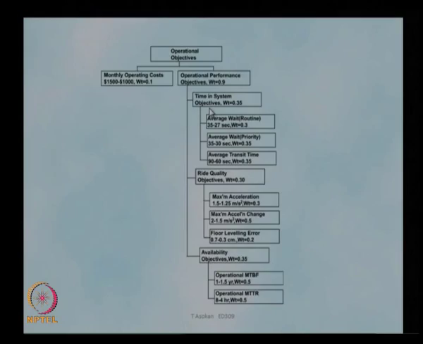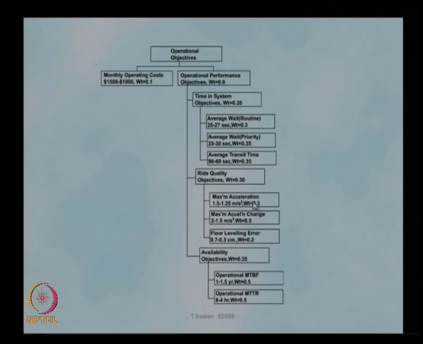So once we give this, that actually shows that for this particular operational performance objective, these are the sub-objectives which actually contribute to the main one, and then we give weightage for each one. And then later on in the design stage, if you want to make some trade-off between the MTBF and MTTR, we can find out, okay, these have equal weightage, so we can make a trade-off in any one of these.